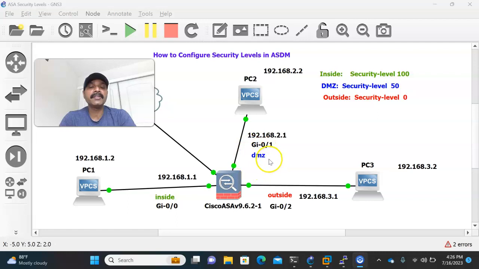It will always be assigned a security level from 1 to 99. So as per the architecture, I'm going to assign a security level of 50. And also, as we know, the traffic always flows from the higher to the lower security zone. So as per the architecture, the traffic can flow from inside to DMZ and DMZ to outside and from inside